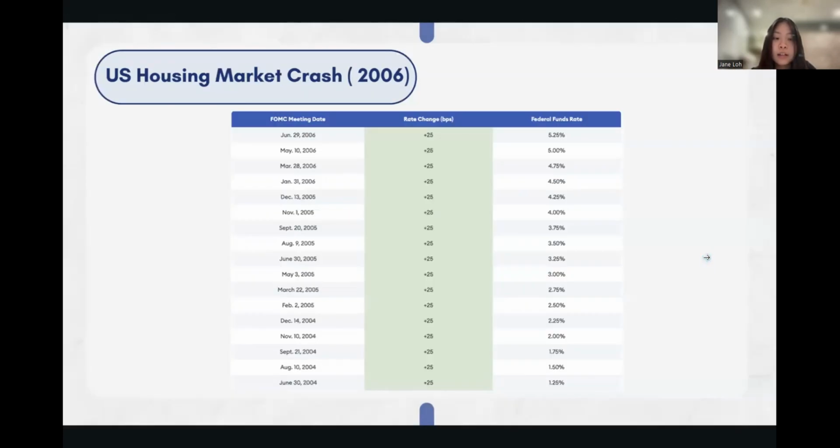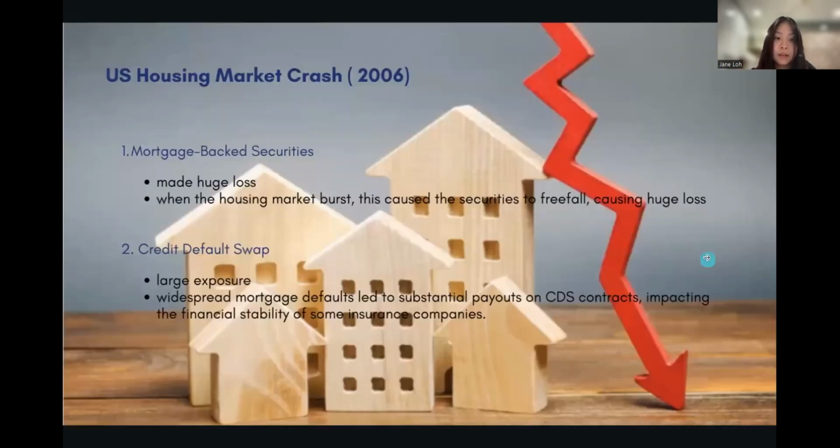Next, US housing market crash in 2006. Interest rate was set to 1% during the recovery from the dot-com recession. This makes housing loans extremely affordable for the people, causing the economy to overheat. Fed tried to cool off the economy by increasing the interest rate 17 times. And many people couldn't handle the interest rate hike as they are subprime borrowers. This causes a huge loss in